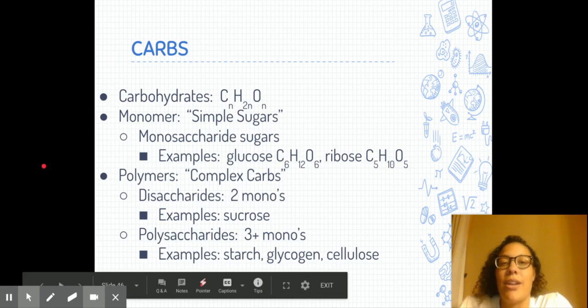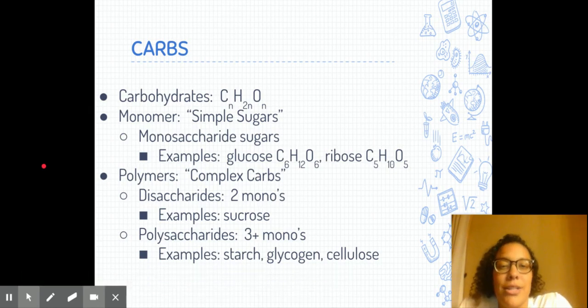Hopefully, we can already think of some common carbohydrates that you might take in on a regular basis. So you have some good examples. And hopefully, we're familiar with the fact that they do provide us with a good source of energy. But I want to go through some of the chemistry behind that and how we know we have a carbohydrate